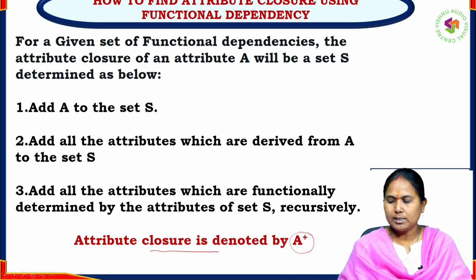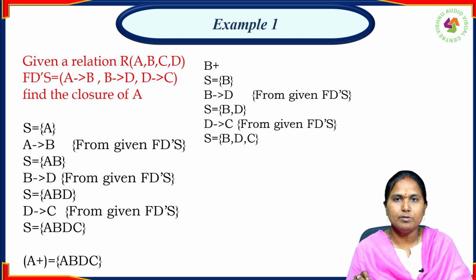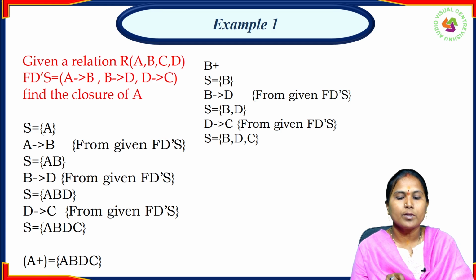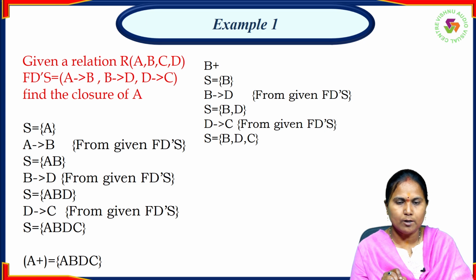Okay. Coming to the next one. First I am giving one example for finding the attribute closure. See here, in the relation, A, B, C, D are the attributes. Four attributes we are using for the relation capital R. In that, what are the functional dependency sets? A determines B, B determines D, D determines C. Find the closure of A. How many attributes are closely related to A, we have to find out by using